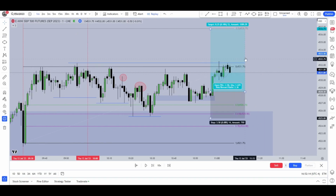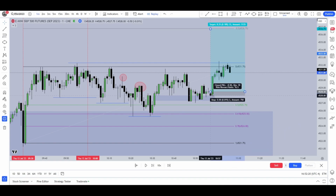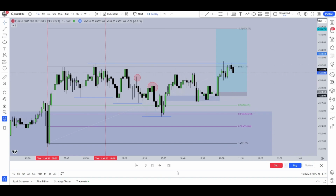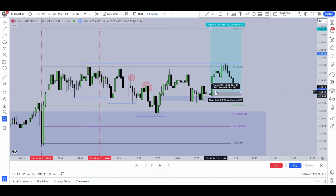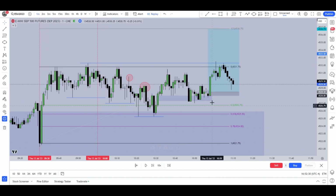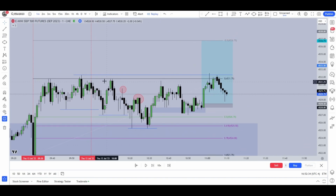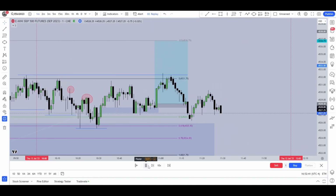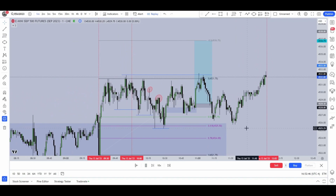but I didn't. So this resulted in a break-even trade because I moved my stop loss back over here, because we now took out this high and I was now a bit more bearish because we now swept this low here, and I thought that price could go down, take out these equal lows before we went up again, because now we took out this high over here. So this resulted in a break-even trade, and if I kept my initial